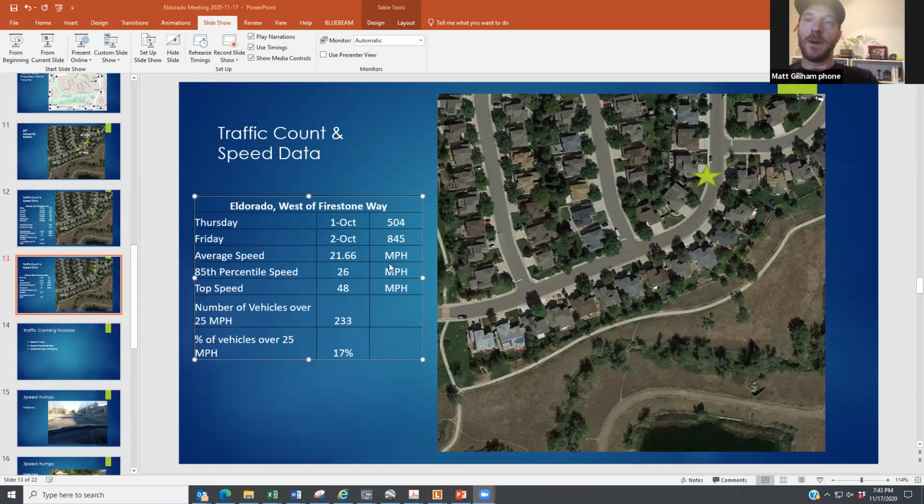and also the weight of the experience level of the drivers in this neighborhood, because that does seem to be a factor. And I'll just throw out this that we live right at Firestone Way in Eldorado on the west side, and there's been multiple occasions where people are jumping our sidewalk to make a U-turn